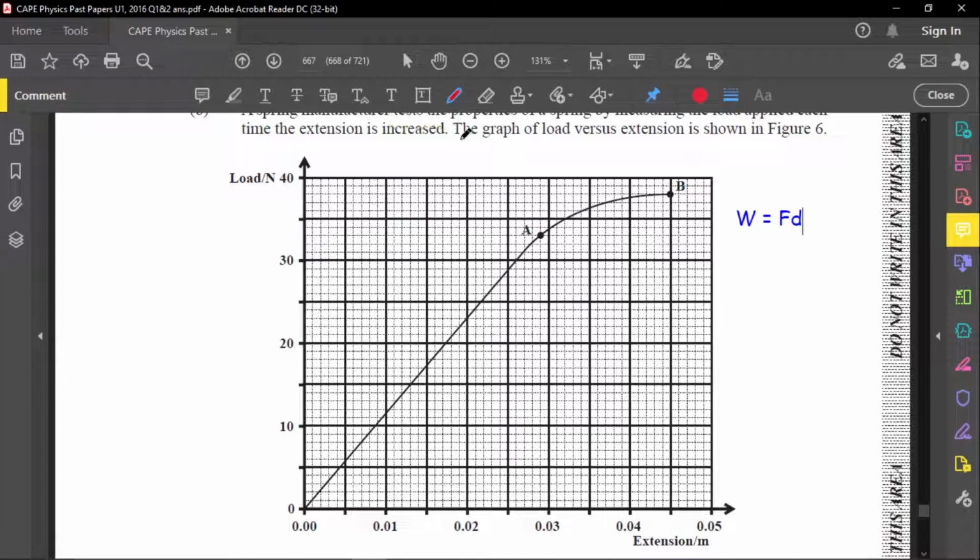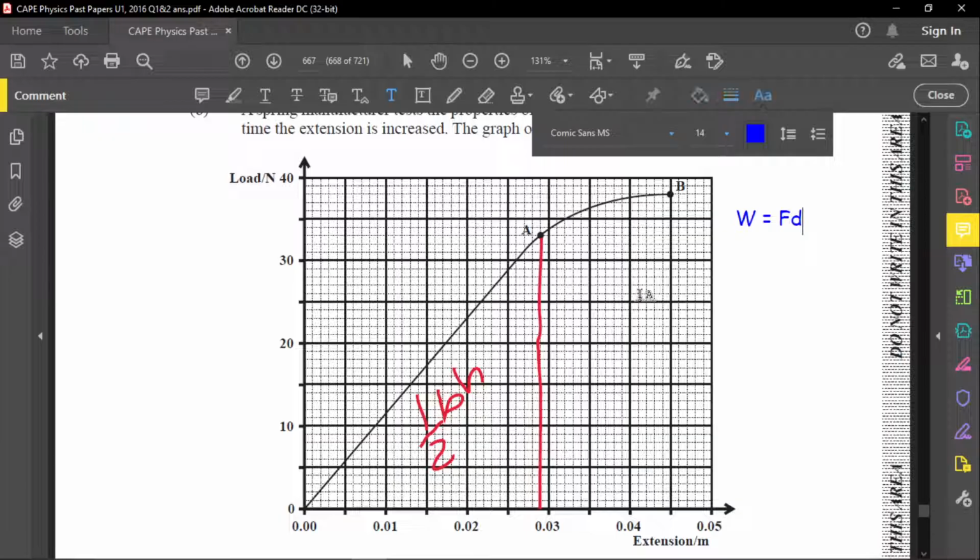So I'm going to draw a line here. This line goes all the way down. I'm trying to be as straight as possible to keep it on that line. So I'm going all the way down right there. And what I get in this part is a triangle. So I could say this area is going to be half base times height. Okay, so half the base times the height. That's a triangle. And then on this side,